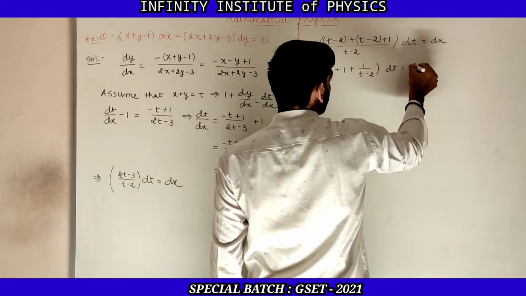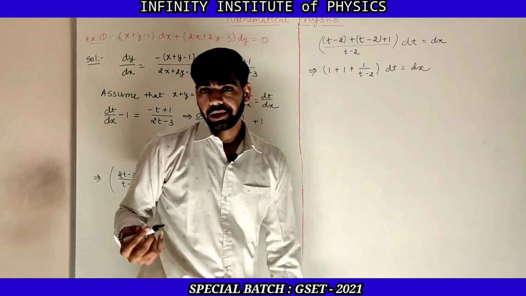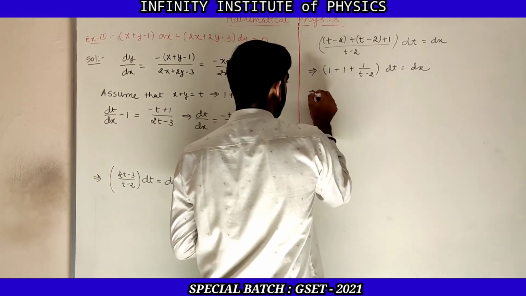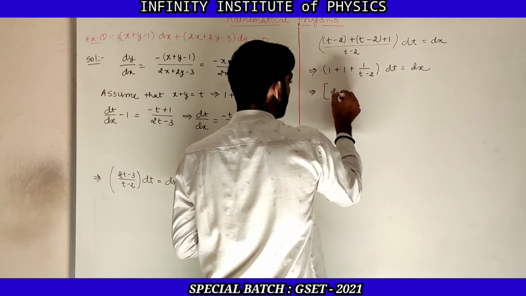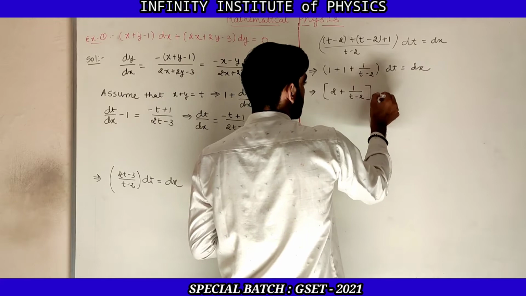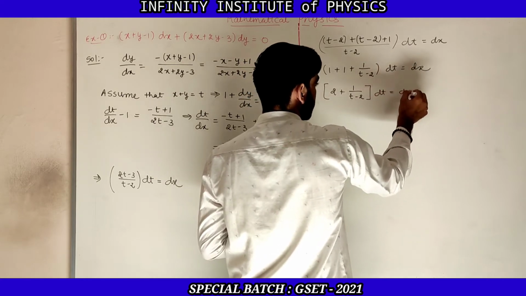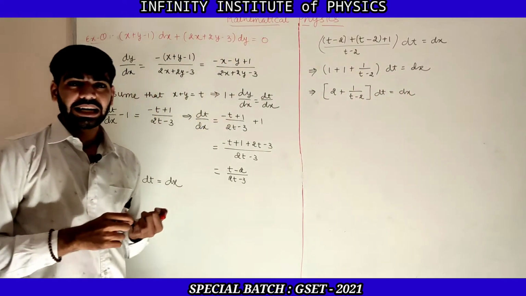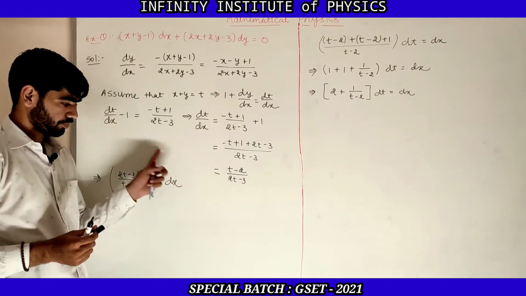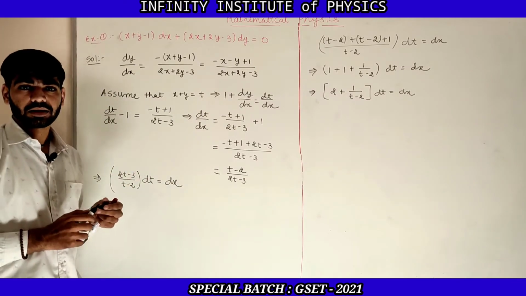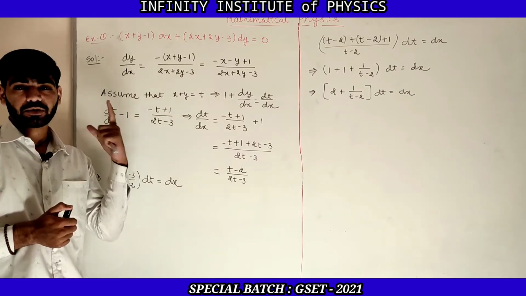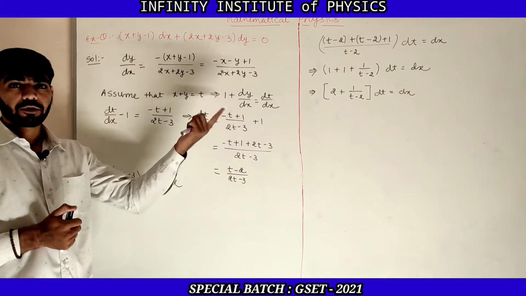dt, which is equal to dx. So clearly this is converted into the simplest form, that is 2 plus 1 upon t minus 2 dt, which is equal to dx, because directly I can't do the integration of these terms. Directly I can't. So that's why I need to convert this into the simplest form from which I can do